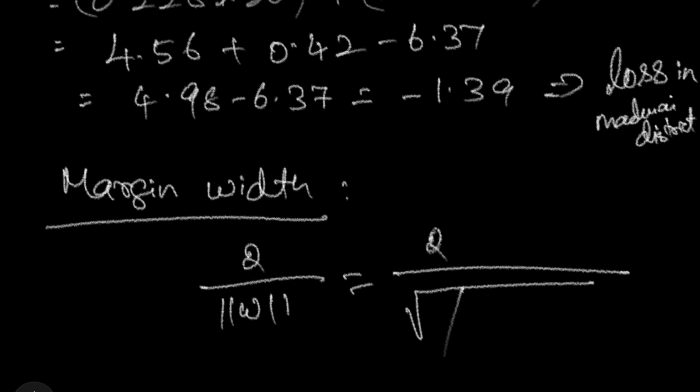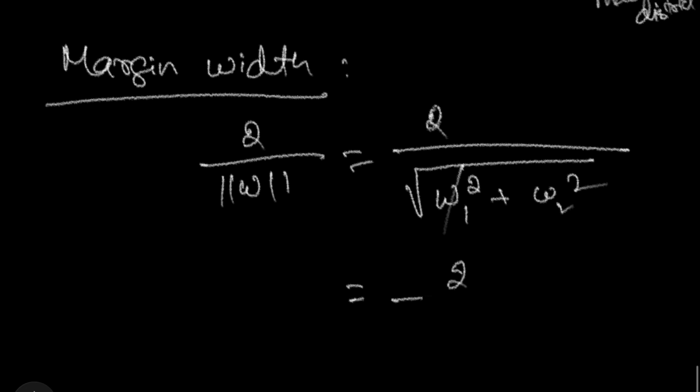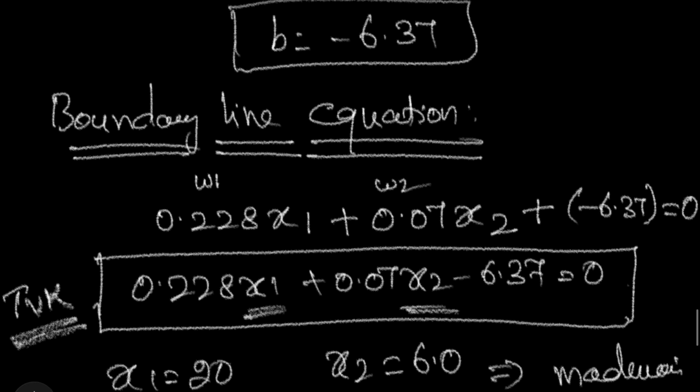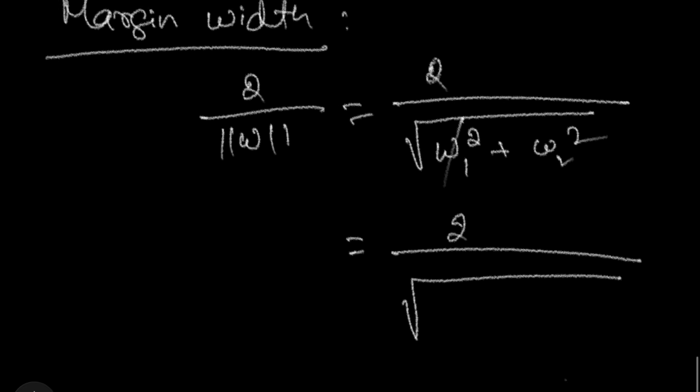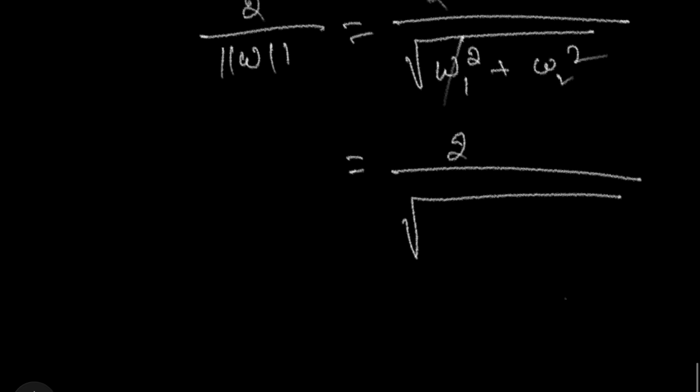Square root of W1 square plus W2 square. What is the value of W1 here? 0.0284 and W2 is 0.07. That's what I have to apply here. 0.0284 square plus 0.07 square. If I solve this, I will get